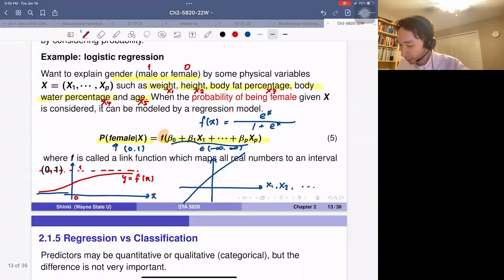So the classification problem can be done with regression. This kind of link function is necessary to evaluate probability. The domain is negative infinity to positive infinity, and the range is [0, 1] or some